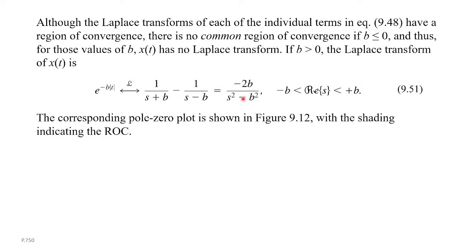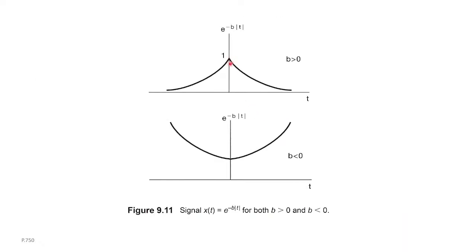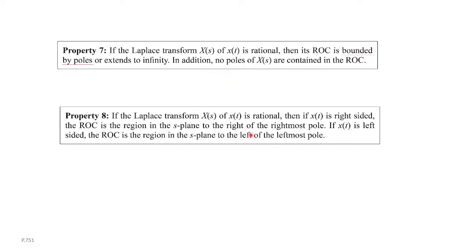And so, any questions about this example? There is the left-sided ROC and the right-sided ROC, overlapping in the middle like this. And from here, you can also see some of the properties of ROC. That is, ROC is bounded by these poles. Okay? And this is actually something